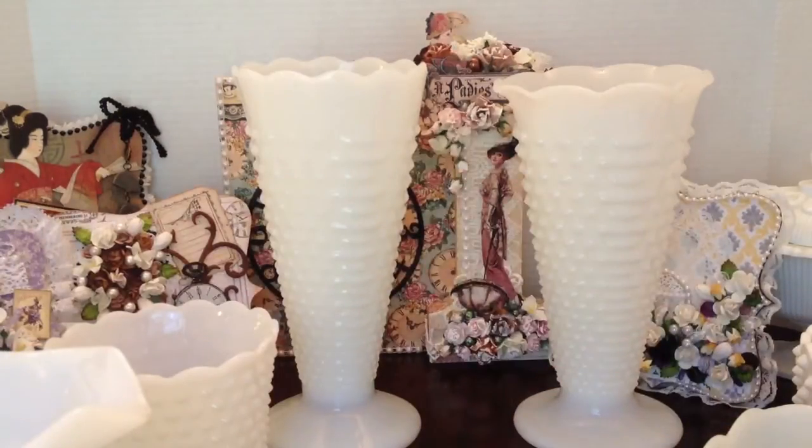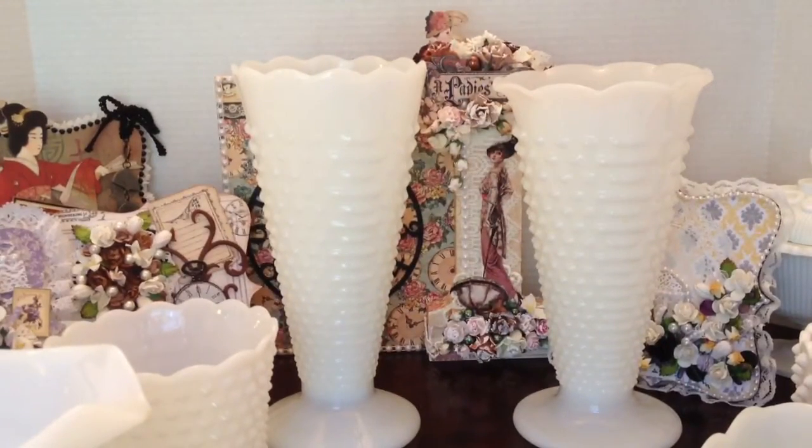But a little bit of history about Anchor Hocking. They were founded in 1905, and then in 1937 it merged with another company, and the first glassware that they produced as the Anchor Hocking Glass Company was